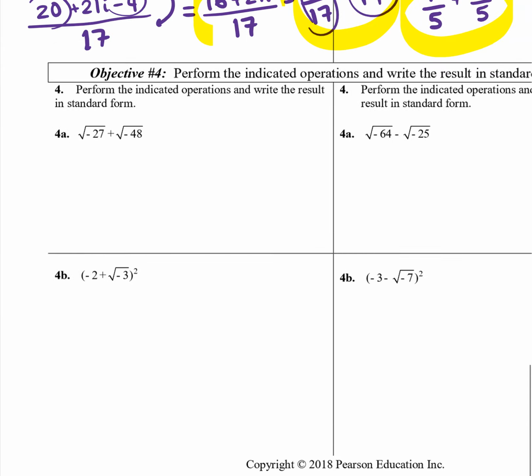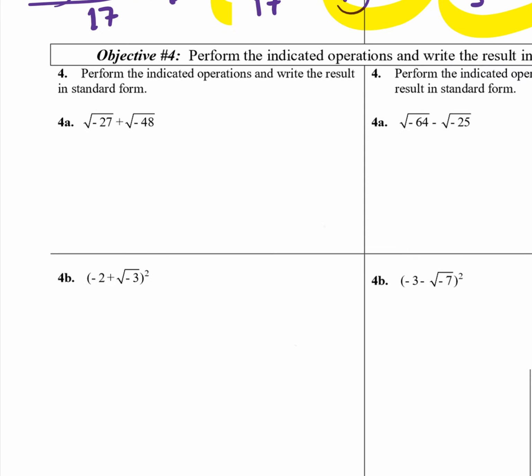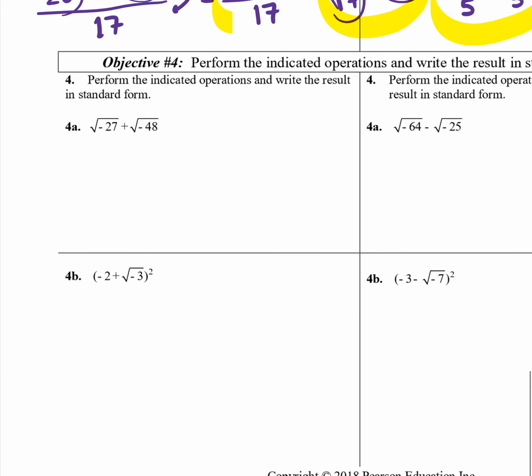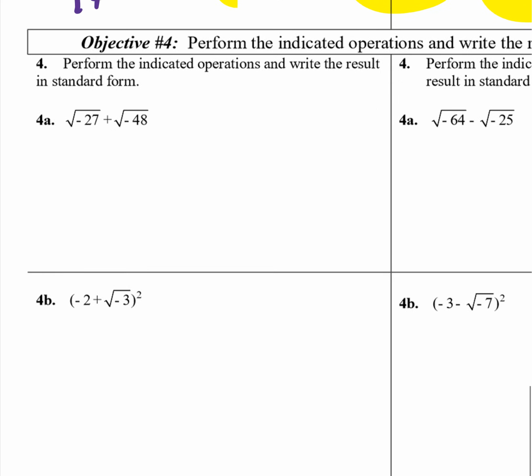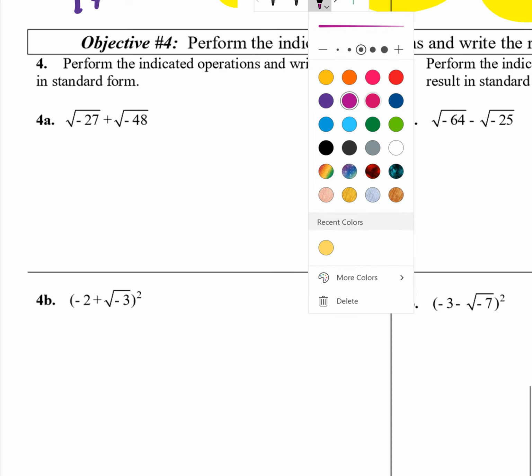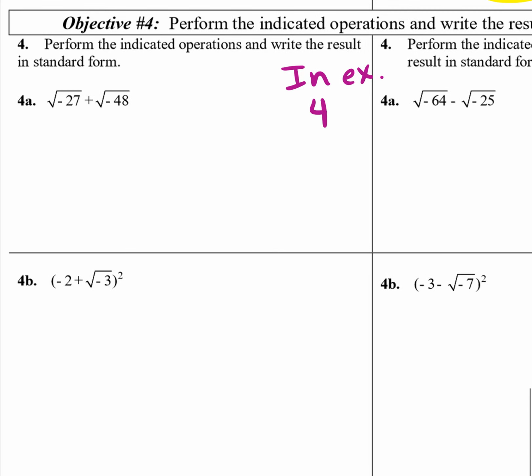All right, so I think we're almost done here. These last couple problems are problems 4, A, B, and C. They want us to just perform these random operations. They're kind of giving us all these different crazy things. But it's mostly review of algebra, I think, or if you learned about square roots before. But the main thing is, in example 4, all these 6 little examples, we want to